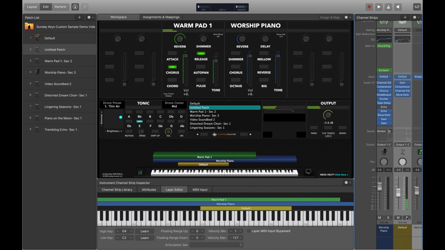So that's a really quick sort of top-down view on how you can use Auto Sampler and MainStage, resample some sounds, and create completely one-of-a-kind sound beds that you can then drop into whatever software you'd like. Once these samples are created, you can load them into Omnisphere, you can load them into Ableton Live, you can use them in MainStage or Logic Pro as EXS24 instruments. Once you start learning how to do this, the sky is the limit in terms of expressing your creativity and